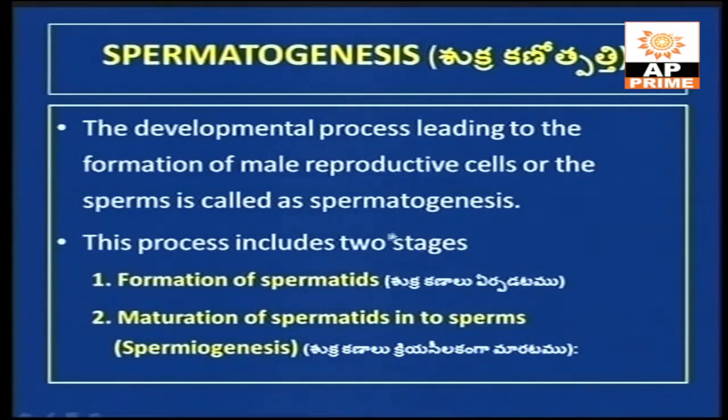First we will see the spermatogenesis. That means how the spermatozoa is originated from the testis and how it matured into the spermatozoa. Here the development process leading to the formation of male reproductive sperm cells is called